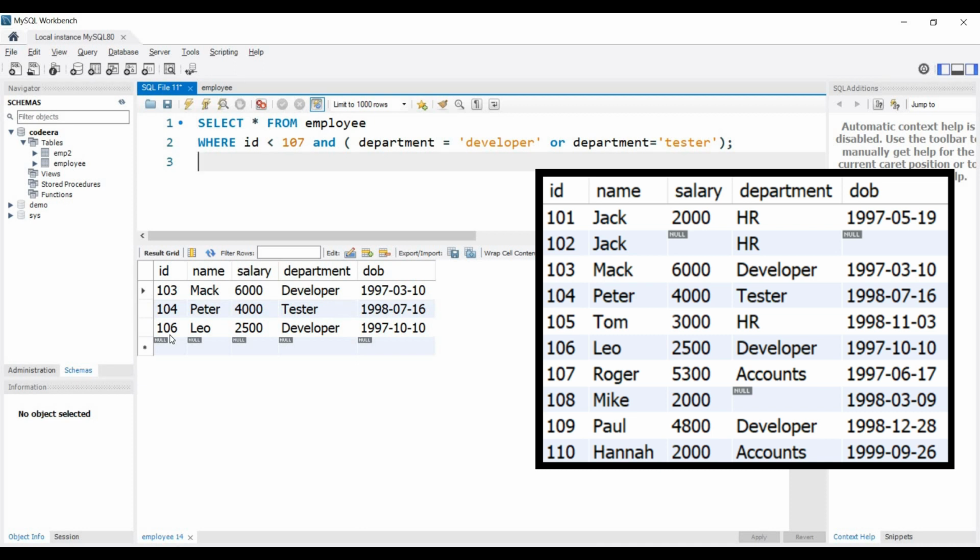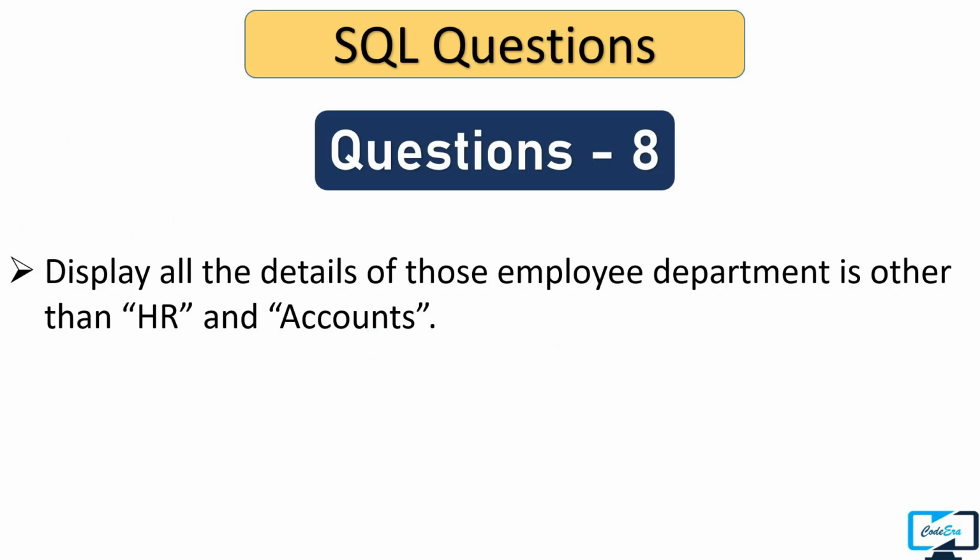You can also combine the AND and NOT operators, or you can use the OR and NOT operators together. It completely depends on the query or your requirement. For example, here we want to display the records of the employees whose department is other than HR and accounts. Also, in the last video we talked about this query.